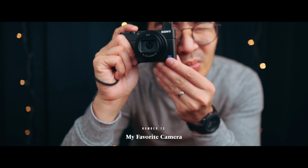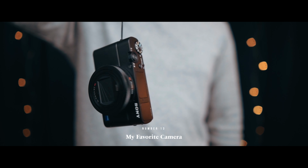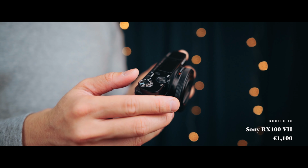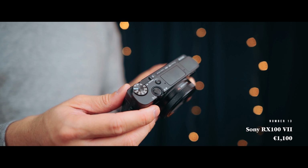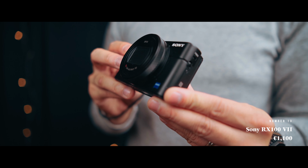Finally, for the best piece of gear of 2022 that I got, my favorite purchase this year. This is the Sony RX100 Mark VII. You know how they say that the best camera is the one you have with you? Well, this is the camera I never ever leave